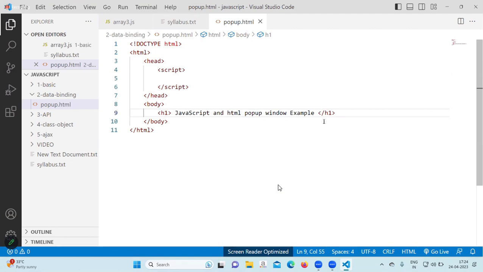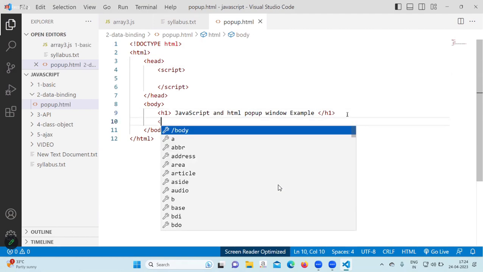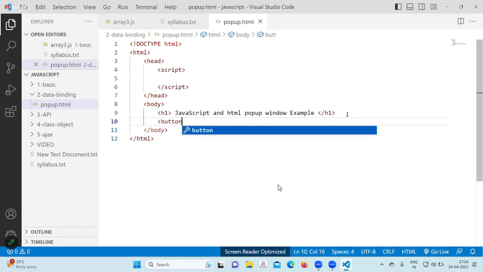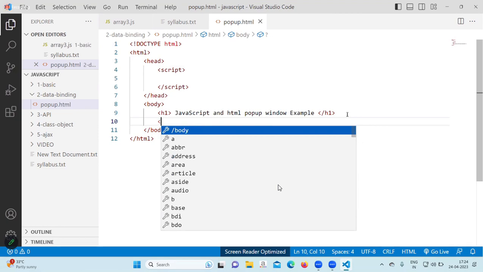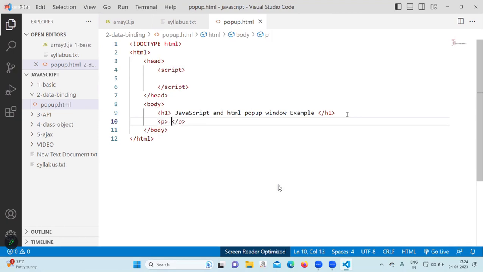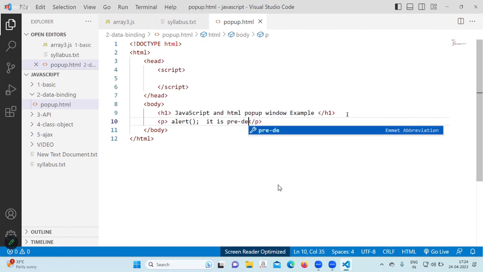Next, after that, come down and write a button, or before the button you write a paragraph. Keep the alert. Alert function: it is a predefined function